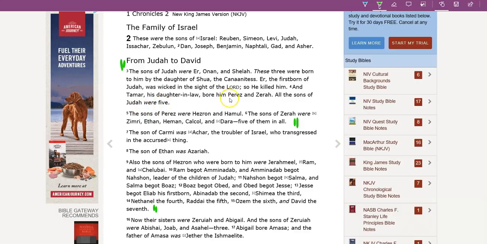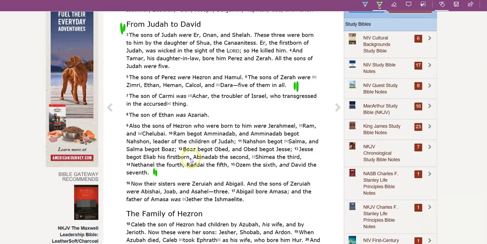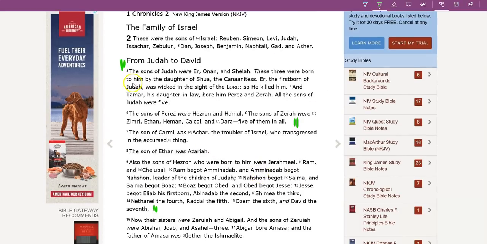So now, this guy that came out first had 2 sons. These are his sons. And Zerah, that had the red string wrapped around and came out second, had 5 sons. And these are his sons. Okay? Now this is 1 Chronicles 2, and you can go down and read the line where it talks about Boaz, it talks about Jesse, and go and read the line all the way down to David. But this is the part that I just wanted to show you right here. Okay? Now, the reason why I'm showing you that is because of